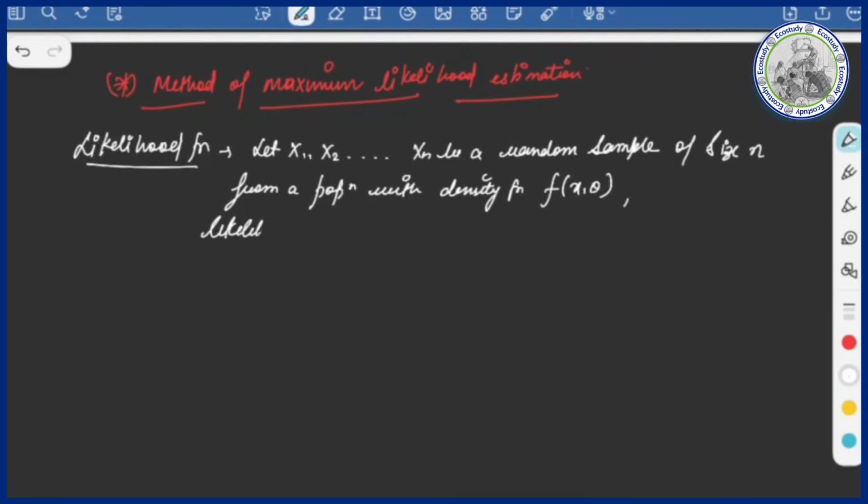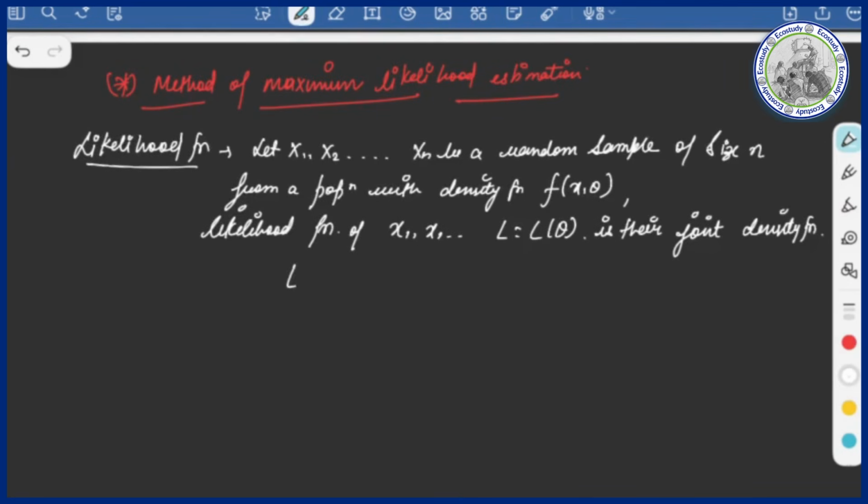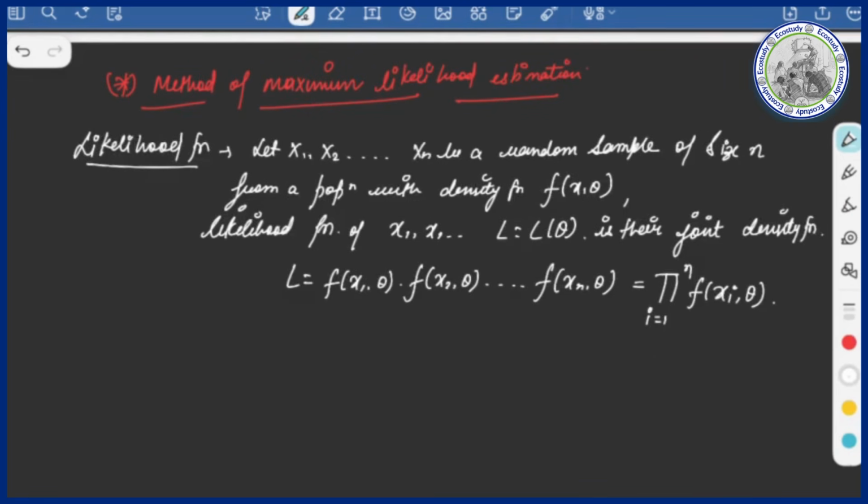The likelihood function of the sample values is denoted by L(theta) and is their joint density function, that is L equals f(x1, theta) f(x2, theta) ... f(xn, theta), that is the product for i equals 1 to n of f(xi, theta),